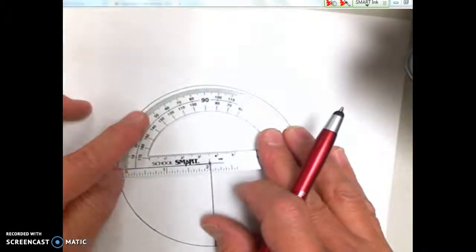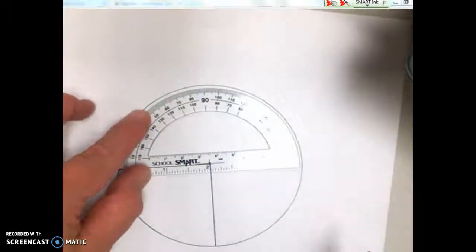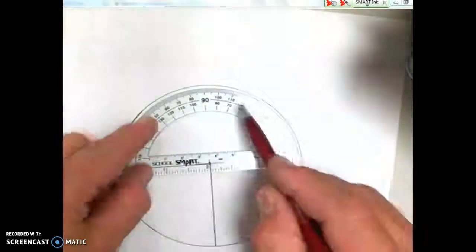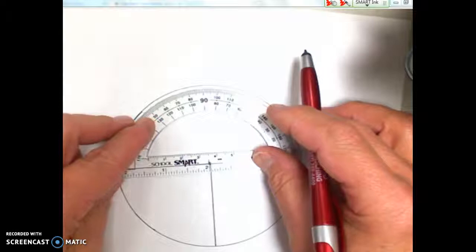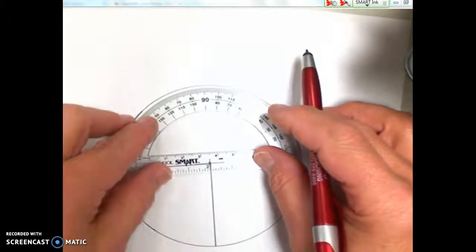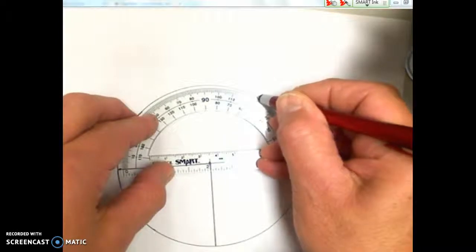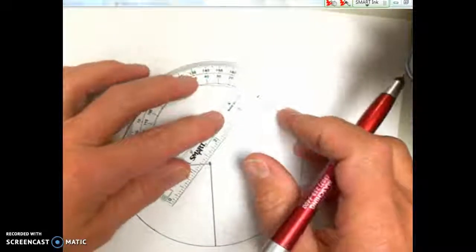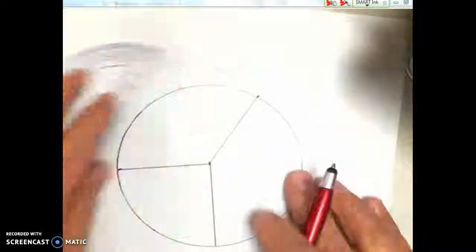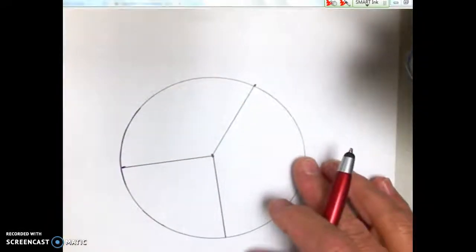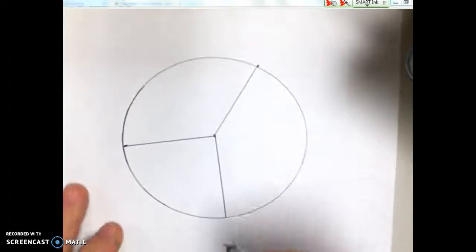You can use either one. We line that up, and we go past 90 to 120, 125, 126 right there. Put a little mark, and then we are going to connect our line of radius. So we have the 6th grade. We're going to make a